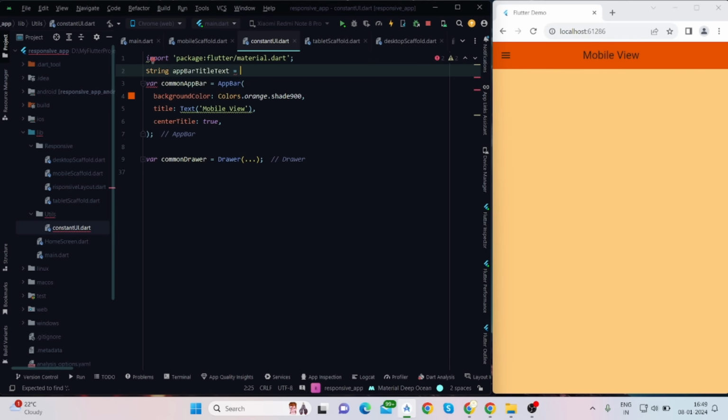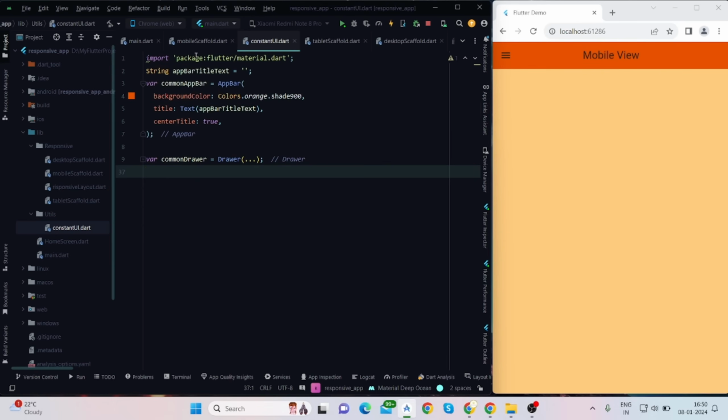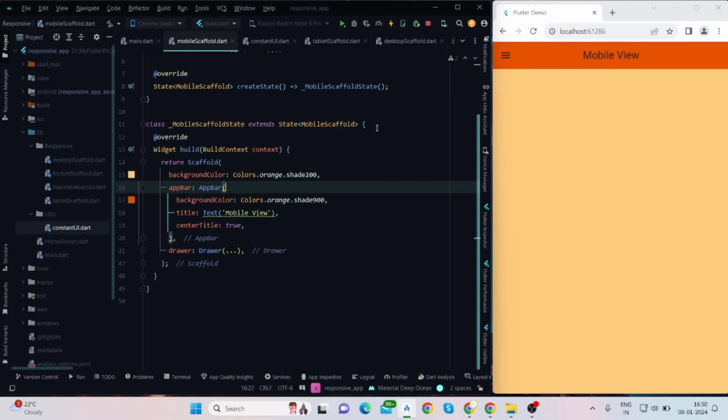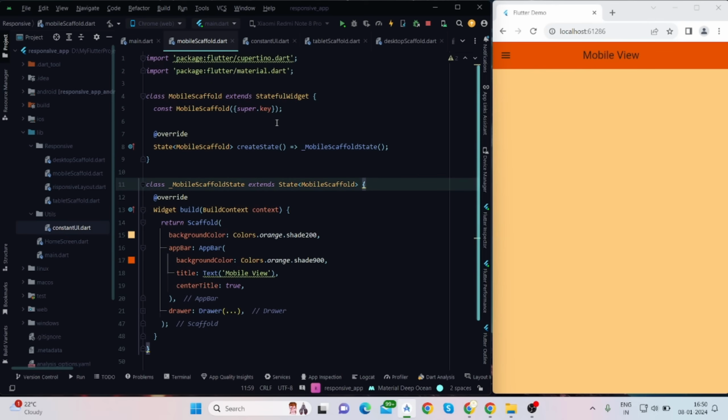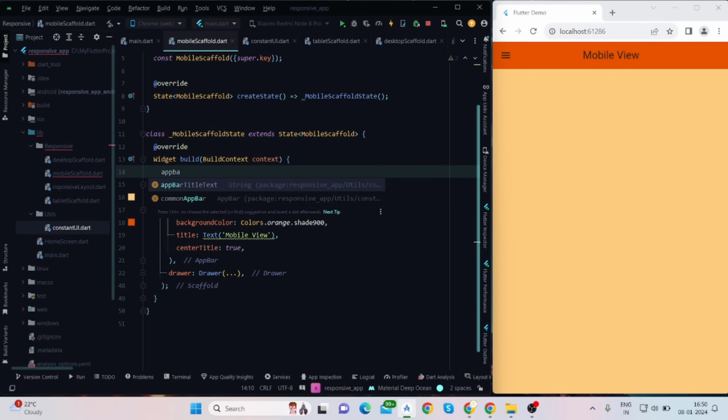Let me provide it initially an empty string, and I'll use here instead of this. Now inside mobile scaffold I'll use the string here, app bar title text, and will pass the string like